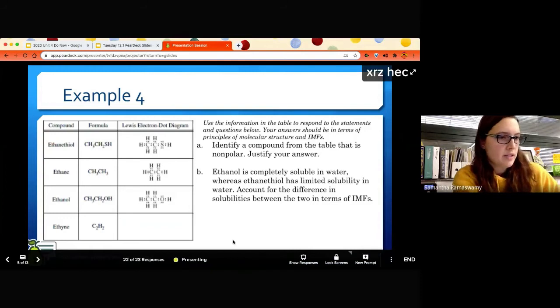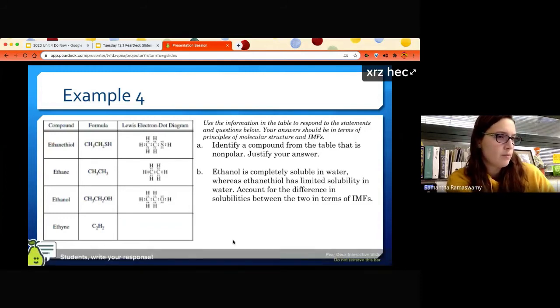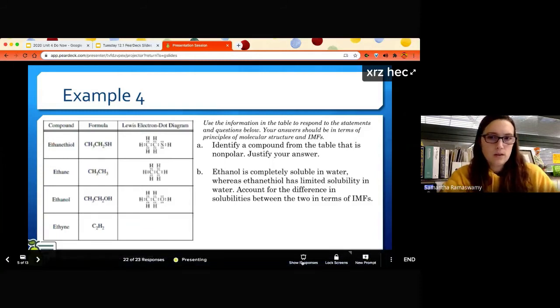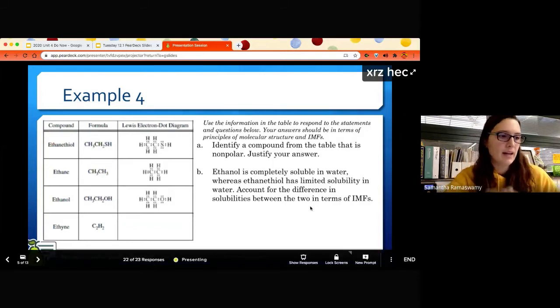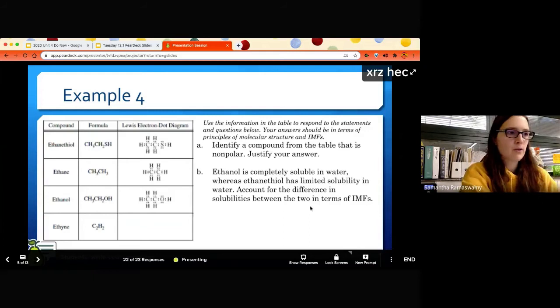I see a lot of good responses for both A and B. I'm looking through everyone's responses on my other computer. I will see a lot of different responses. I just want to read through some that I starred as I was looking through